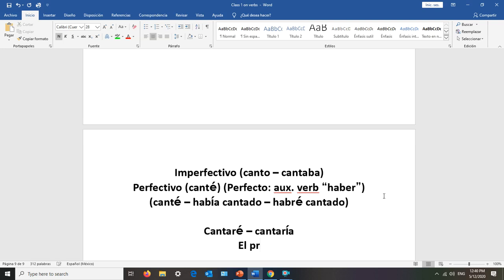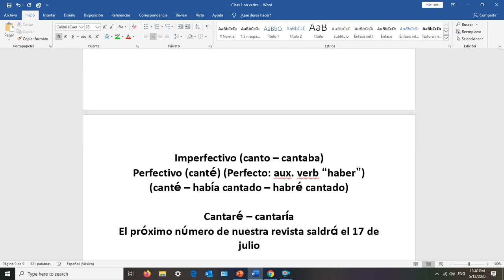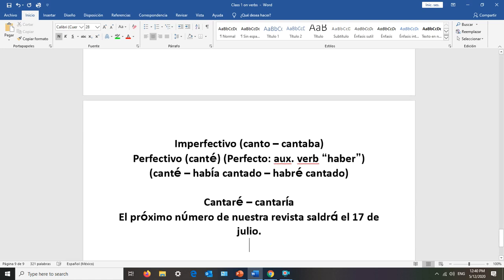El próximo número de nuestra revista saldrá el 17 de julio versus todos viviremos mejor, right? El próximo número de nuestra revista, here, saldrá,